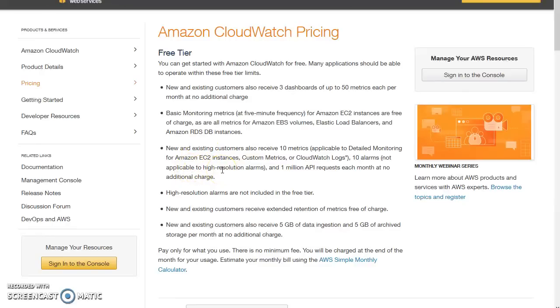New and existing customers also receive 10 metrics, and this 10 metrics applies in a combined way to detailed monitoring for Amazon EC2 instances, any custom metrics you are pushing, or CloudWatch logs which you are pushing. So let me go back here and show you.